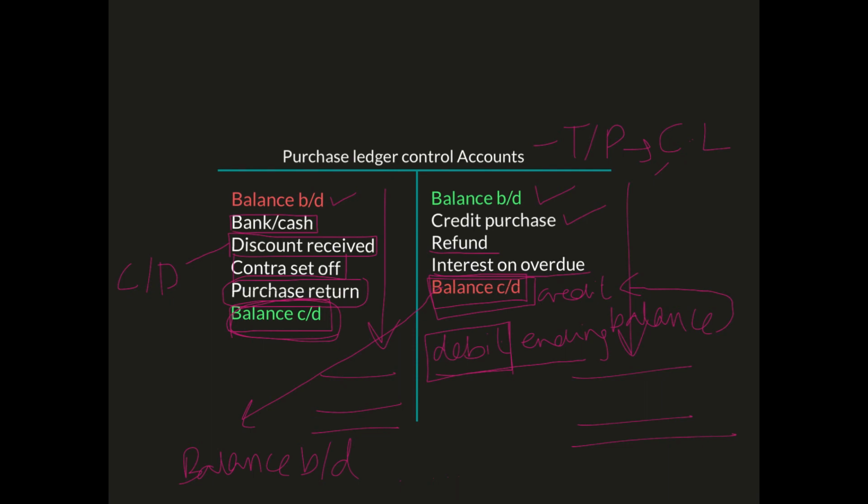Okay, so the question will say debit ending balance, but you have to mention that ending balance on the credit side because the term debit is actually attributed to the balance which will be carried forward to the next term. That's why they mention it as the debit ending balance, but we have to mention it on the credit side.